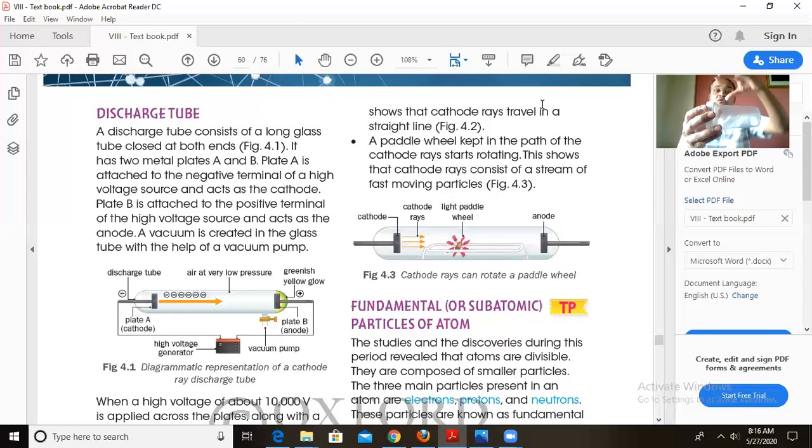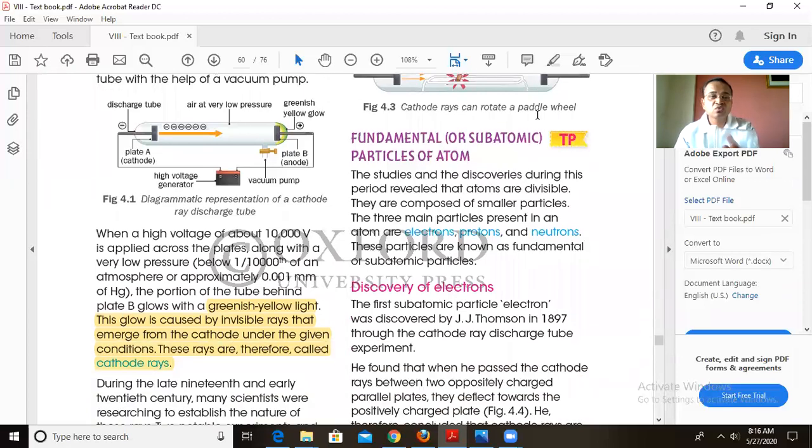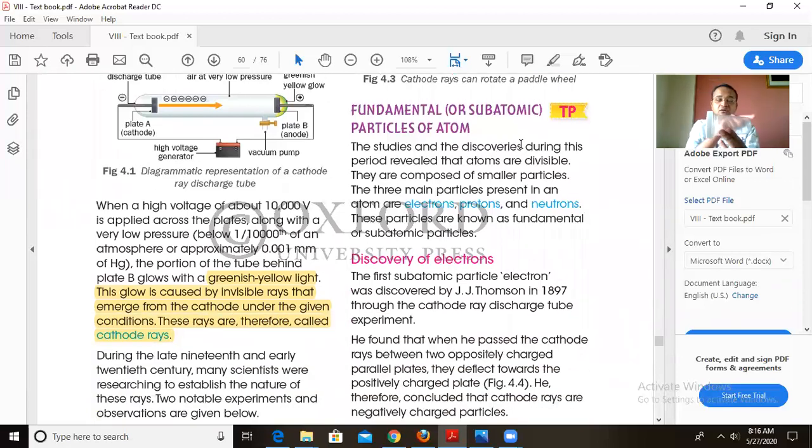Now what happens? Firstly, vacuum is applied and all the air inside is removed. Now a high potential of around 1000 volts is applied across the plates using this battery. The pressure is very low inside, all the air is removed, and now what happens is